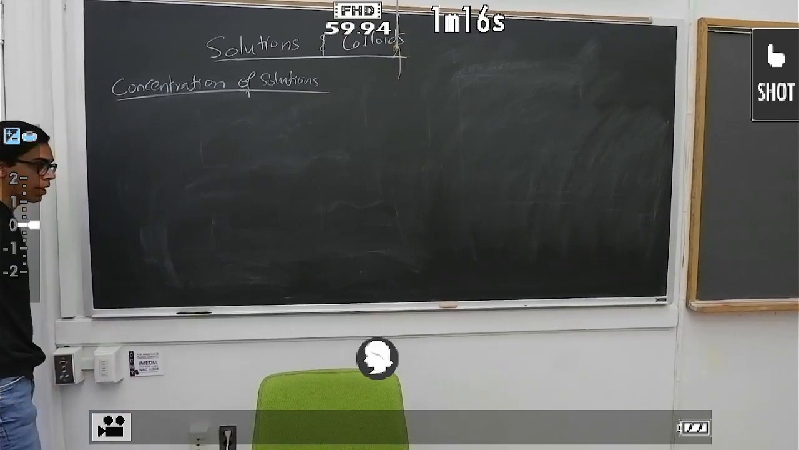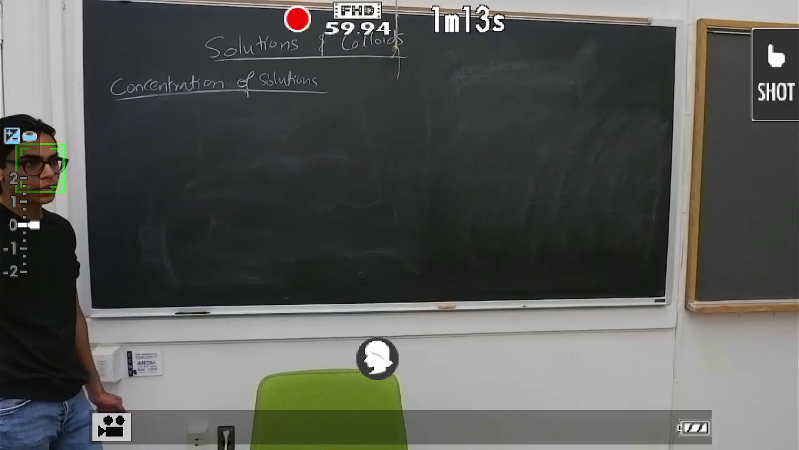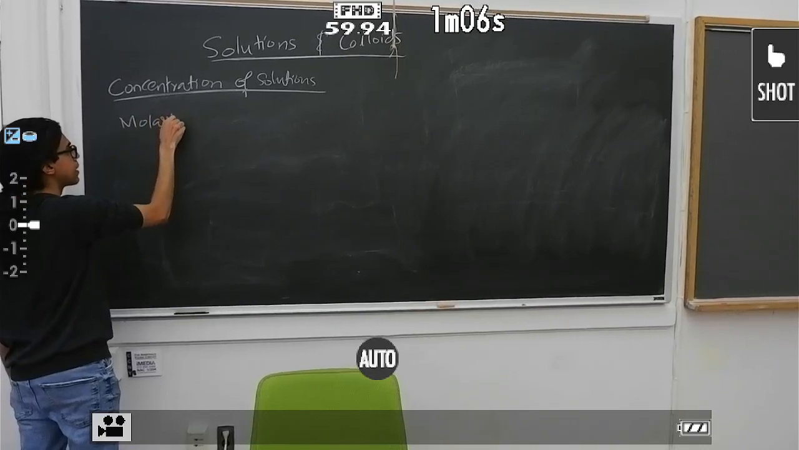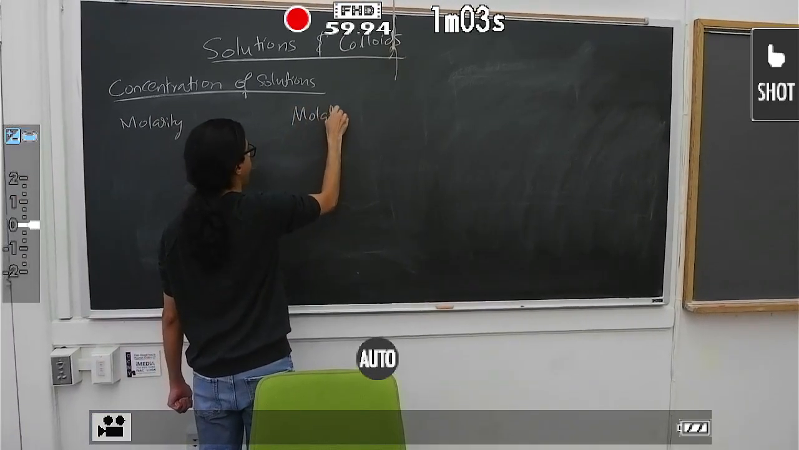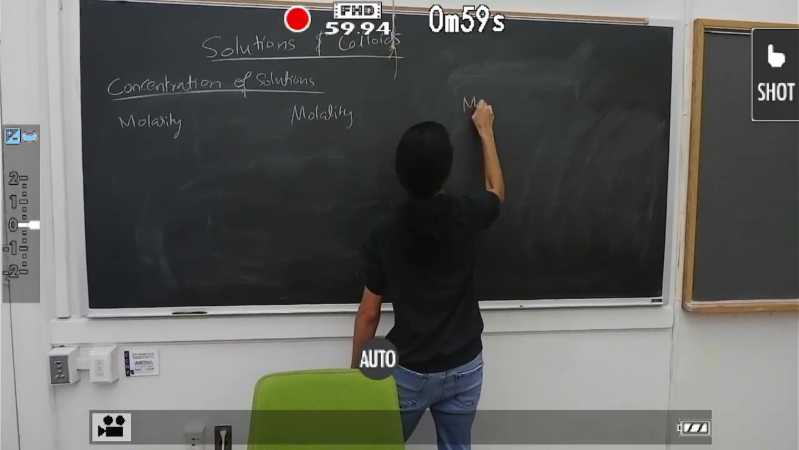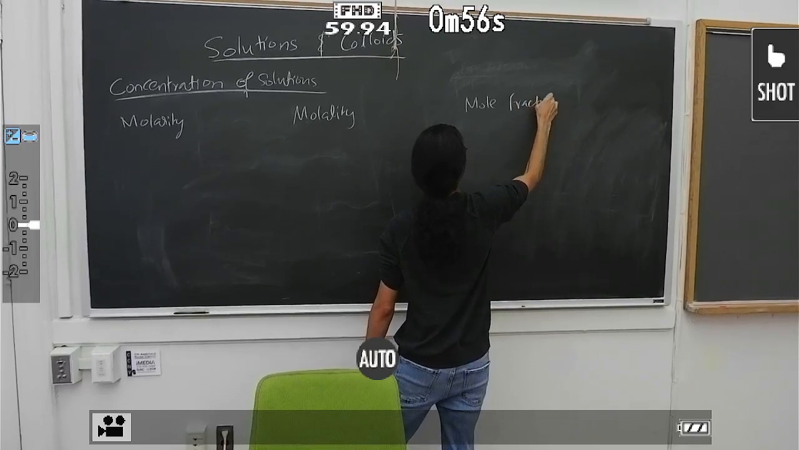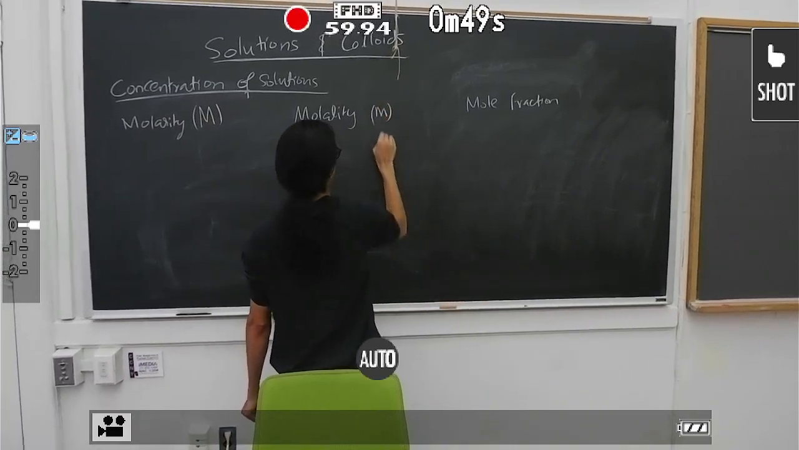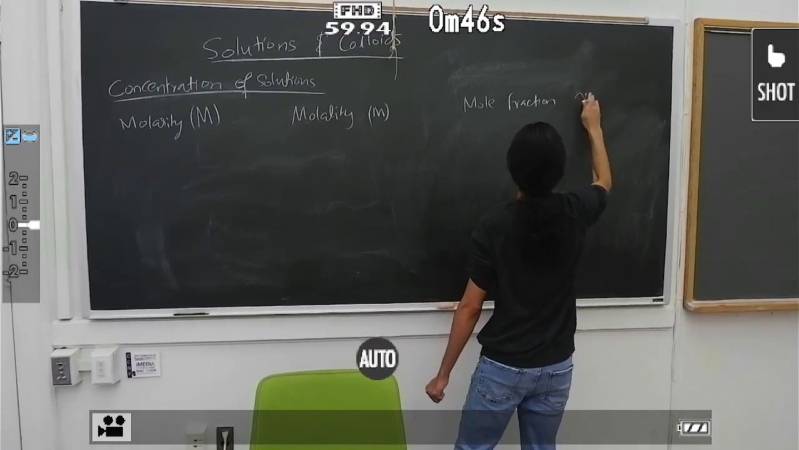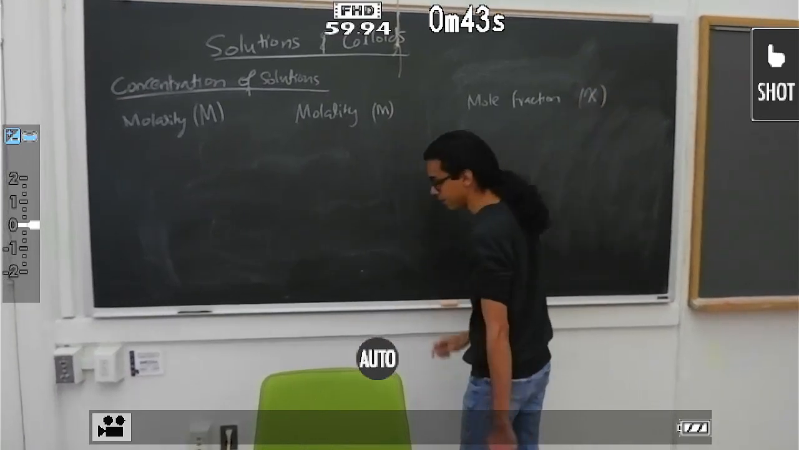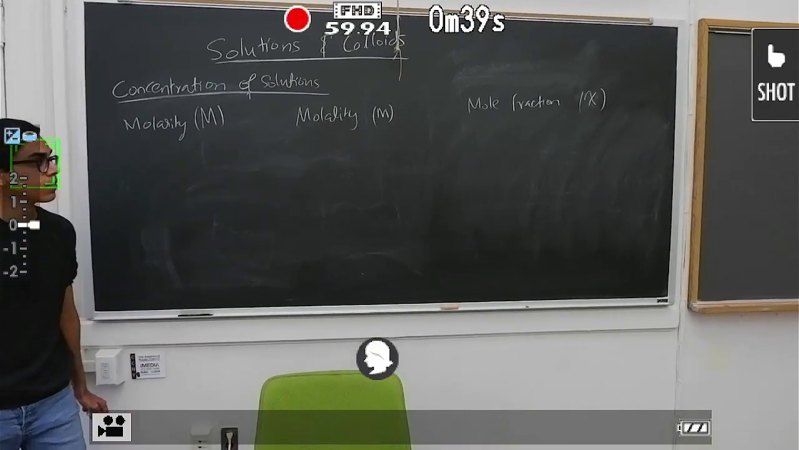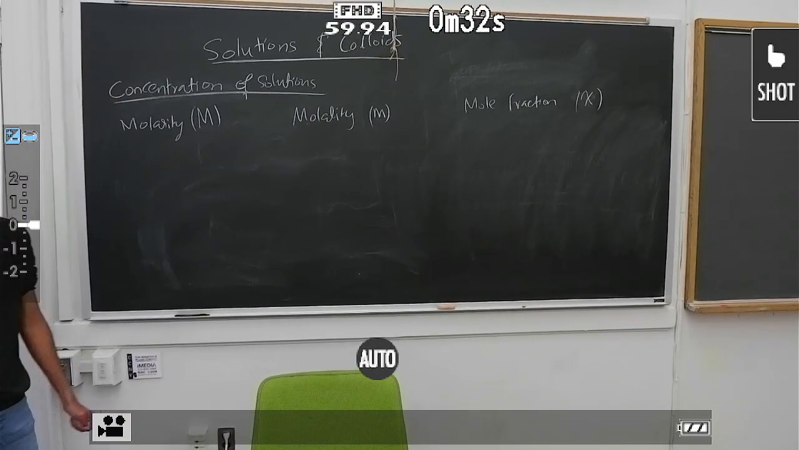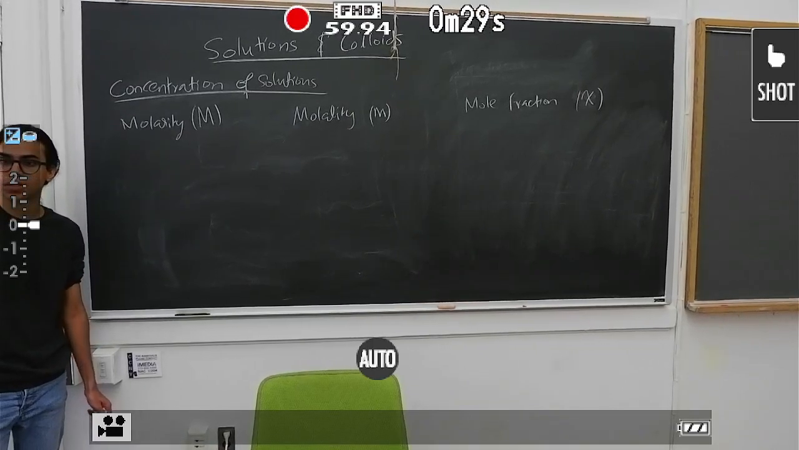Concentration of solutions. So we're going to be talking about three measures of concentration. There's molarity. You should have seen this in Chem 1. There's molality, and there is mole fraction. Molarity is denoted by capital M, molality by lowercase m, and mole fraction by this symbol chi. Okay? These are just three of the many, many ways that exist of measuring the concentration of a